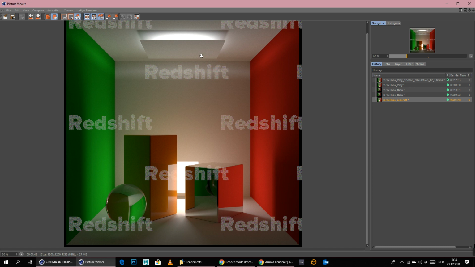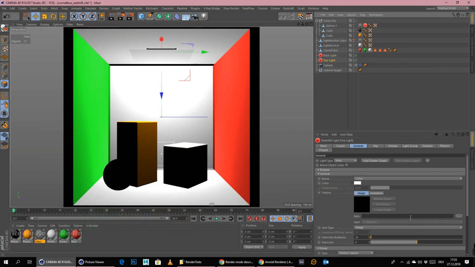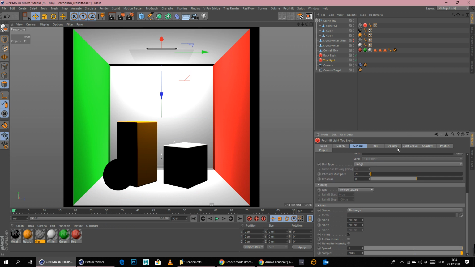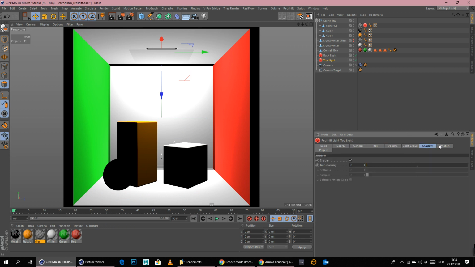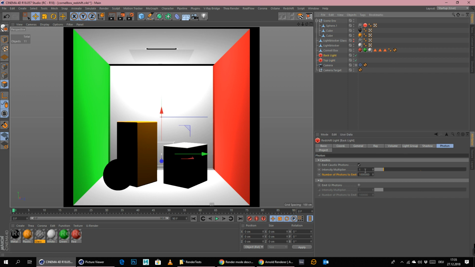This is kind of weird, to be honest. And yeah, the only thing we could do is try to send more photons into the scene. Let's try to use 5 millions, maybe in both lights, and we will also turn the intensity multiplier down maybe to 3 in both, so we can see a little bit better what's